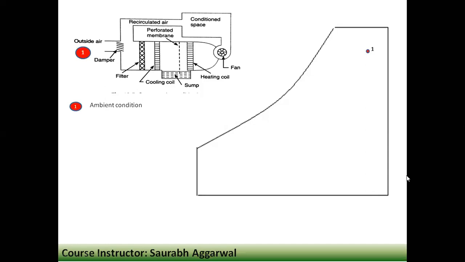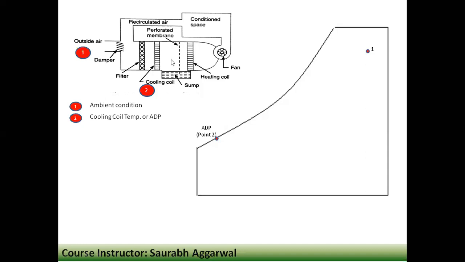Okay, so what happens is we use a cooling coil which is at a temperature 2, or it is also known as apparatus dew point, because this apparatus can provide a dew point which is that of the cooling coil. So it is a minimum temperature that is present in the system. So it is known as apparatus dew point, and it is labeled at point 2, which is nothing but the cooling coil temperature. Okay. Now what happens is initially the outside air comes from here and it passes through the filter and it reaches the cooling coil.